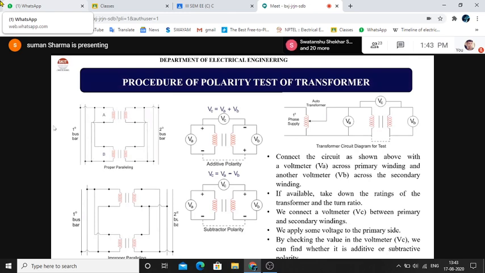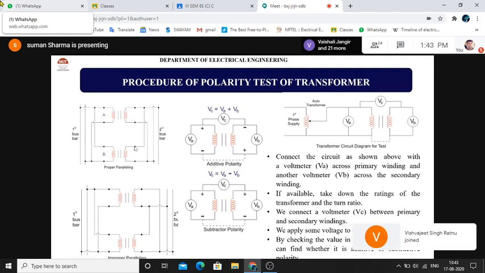So it is a kind of parallel connection. Now here also you are connecting the top terminals of the two windings of secondary windings of transformer A and transformer B. Top terminal is connected and that is connected to the phase, and the lower terminal and lower terminal are connected and that is connected to neutral. This is proper paralleling operation.